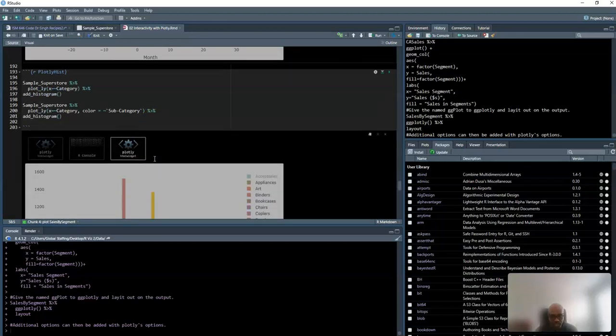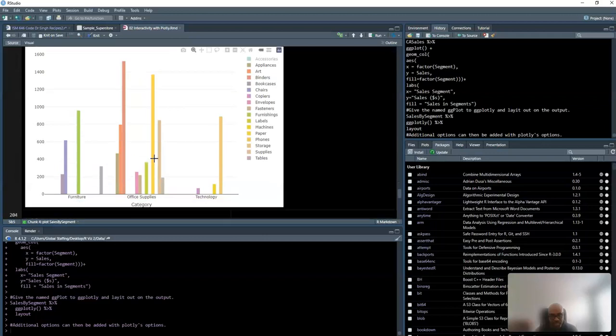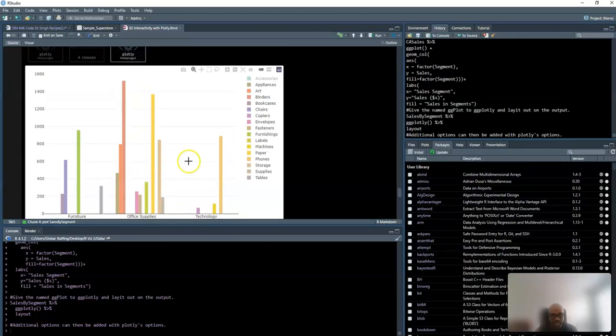And I know you keep hearing me say knitter. I'm going to explain that very shortly here. And this is one last chart to show the various products sold by the company. Now, knitter is something that's pretty cool and that allows you to take all this information and knit this into